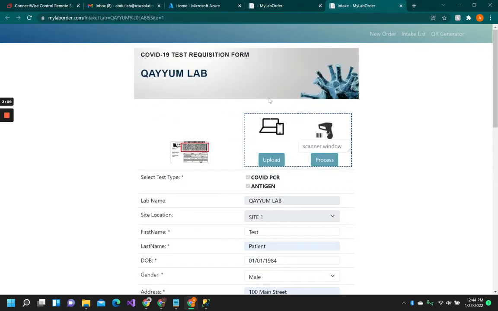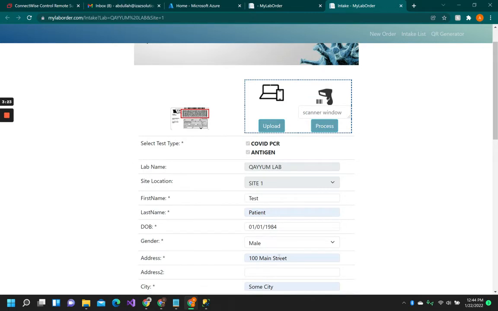Just if I can revisit this real quick. For patients filling out this form on their phone, we have found that patients usually have information stored in their browser, their demographic information, their first name, last name, date of birth, etc. Filling out one field usually allows the browser to fill out all the other relevant fields, and that's usually the fastest way for them to complete the form. However, they do have the option of taking a picture of the back of the driver's license, and the image processing software will try and